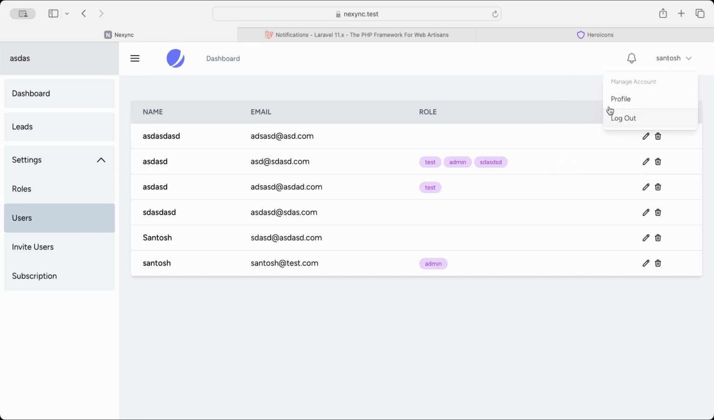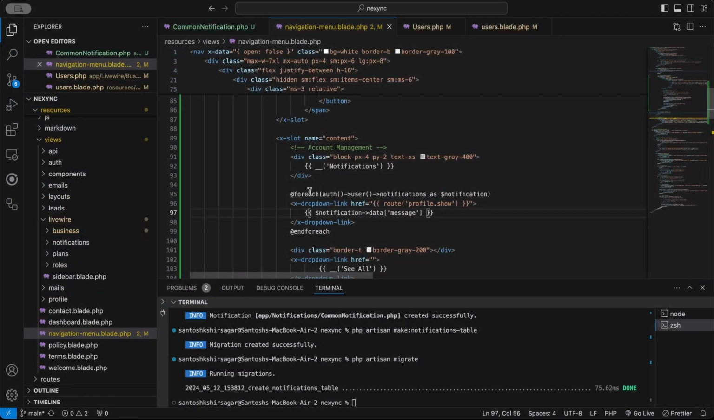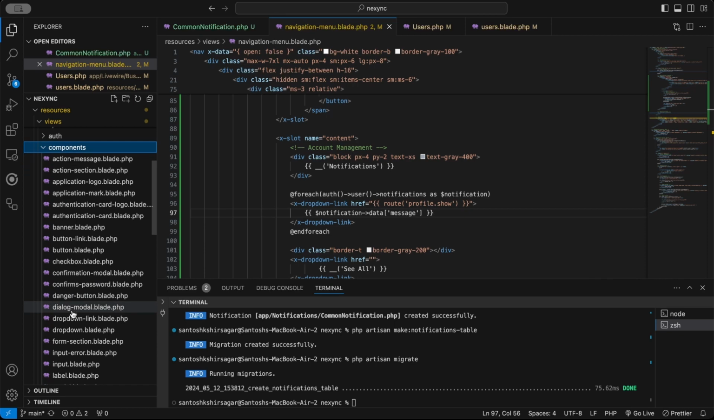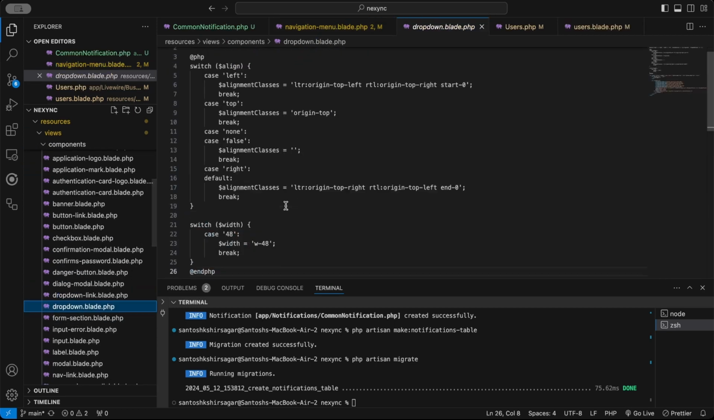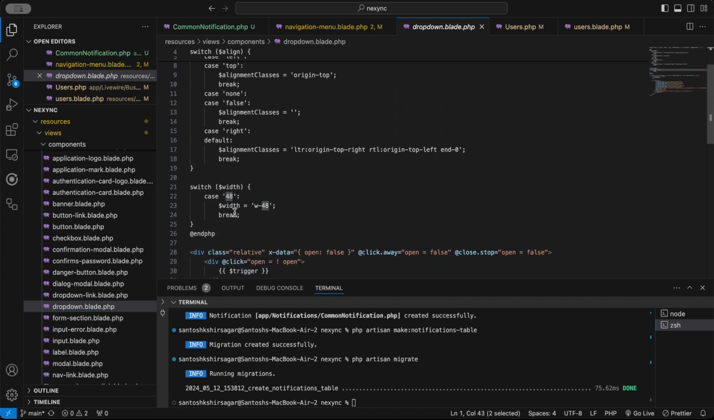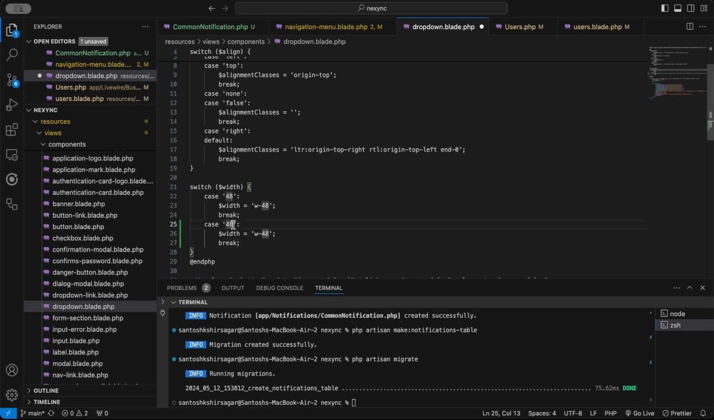So this is the same width. So I have to change this width. So I have used this drop down component. So I will go to this component, and there is this drop down component. So for width they have specifically 48, and for 48 Tailwind CSS class w-48 will be used. So I will add one more case here. So this will be for, I think 72 will be enough. So I will use this 72,